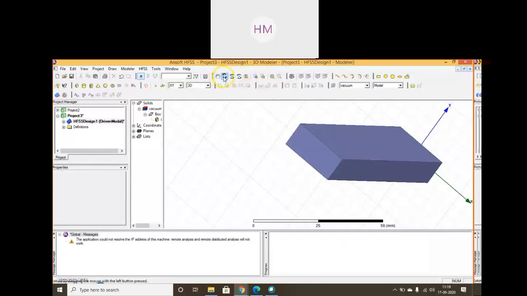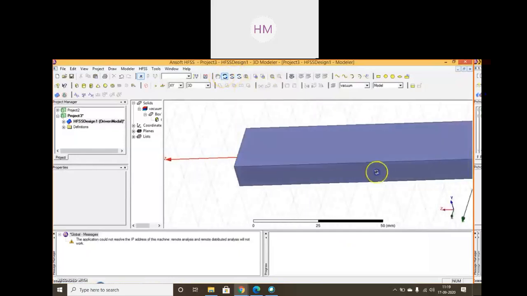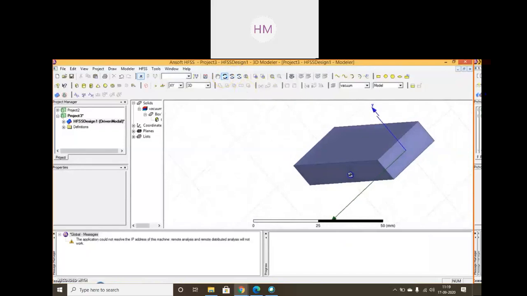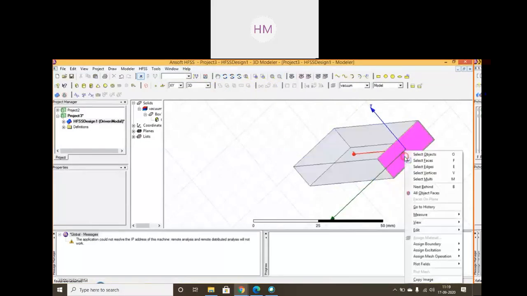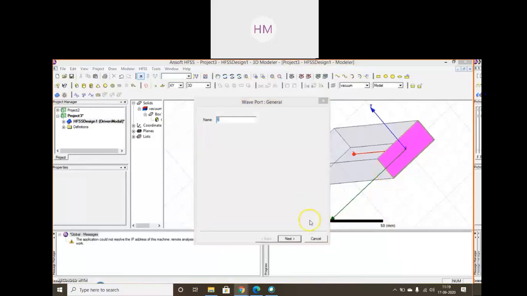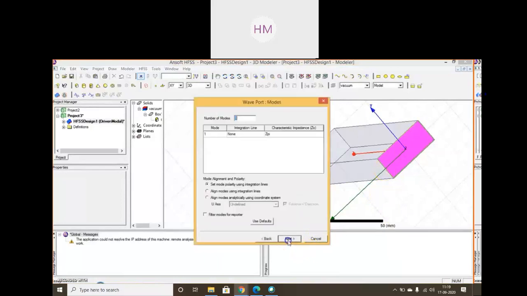Now I will rotate my structure, because to both the ports, to both the front face and back face, I have to assign wave ports. So I have rotated the structure. The back side, I have selected the face, I have clicked on it, right click, select faces, assign excitation. Now wave port. Wave port number 2. Earlier we assigned 1, now wave port number 2.